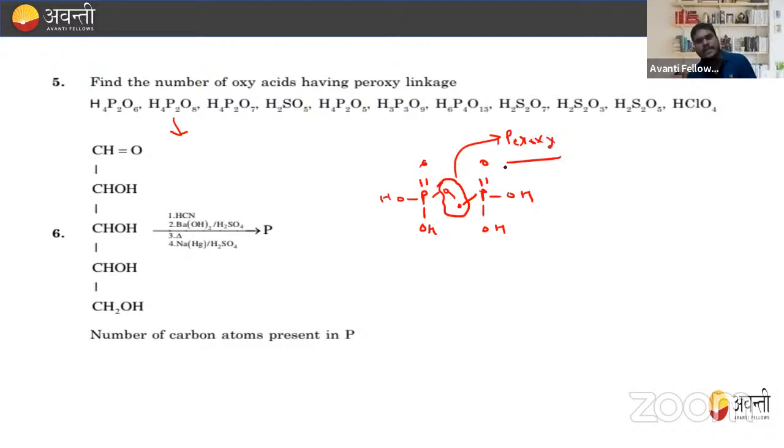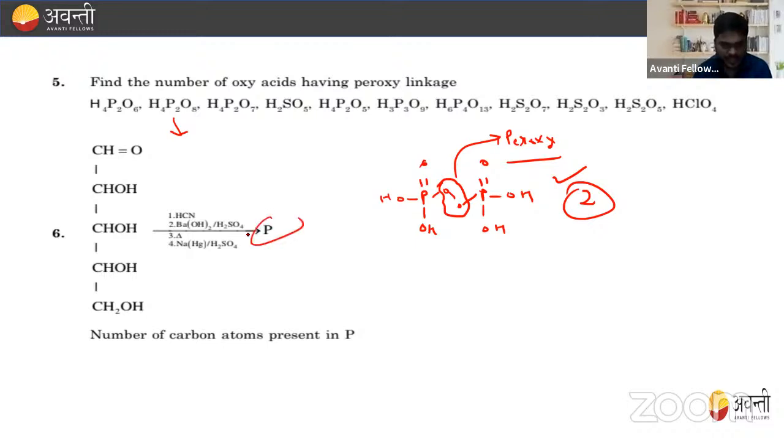So this will be H2PO, same as in this case. So total H2, H2O8. Right, so this will be the total number of peroxy. So how many? Only two having the peroxy linkage. Out of this many, 1, 2, 3, 4, 5, 6, 7, 8, 9, 10, 11, only two having the peroxy linkage. Okay. Now, when this is treated with the number of carbon atoms present in P, so you have to